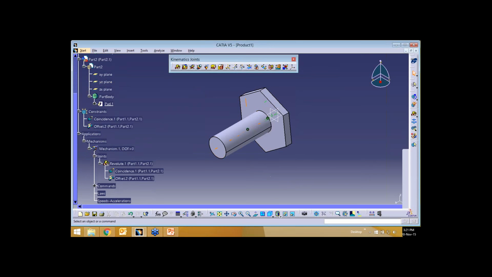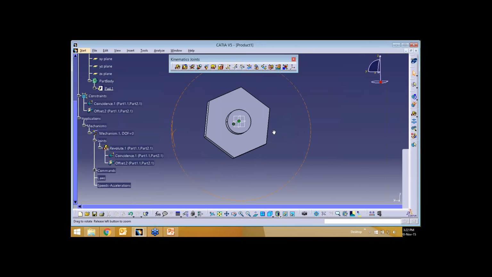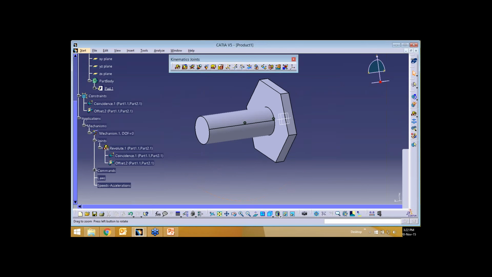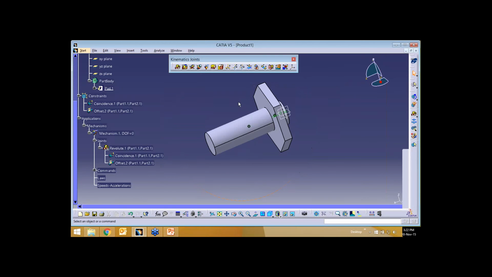But you have already arrested the degrees of freedom to 0, yet both the parts can also rotate. The external part can rotate over the shaft, or this external part can be kept constant and the shaft can rotate inside it. So you have to specify that you are going to keep one as constant and revolve the other thing over it. For doing that, we have a command called fix.